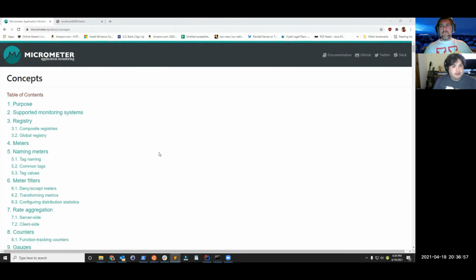So Micrometer is a way for you to define the metrics that you want to collect, and then you sort of configure it to say look, I want you to publish my metrics this way. I want it to publish as a JMX bean. I want you to publish as part of StatsD, Graphite, InfluxDB, Prometheus, all these things. So you don't even have to worry about how Prometheus works or how StatsD works or any of these things work. Sure. Or you code it to actually just publish them as an HTTP endpoint,